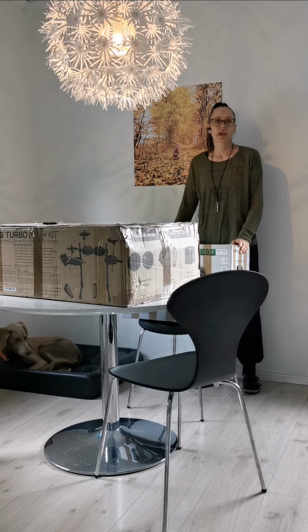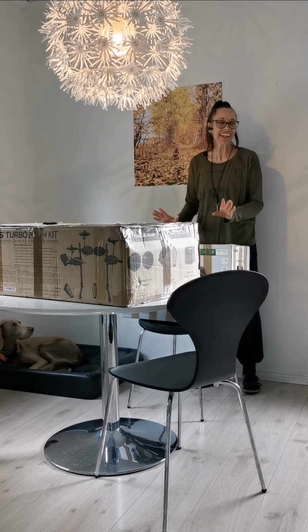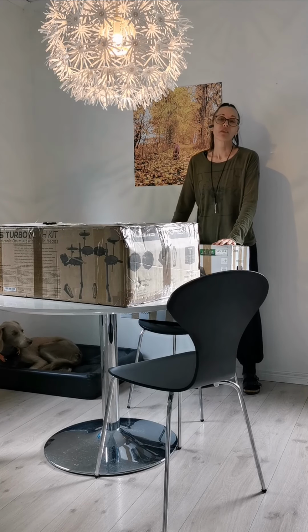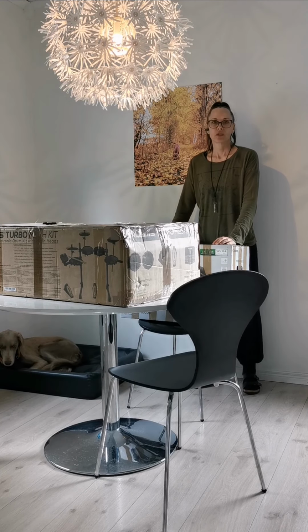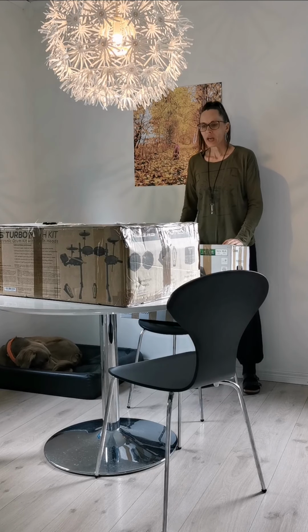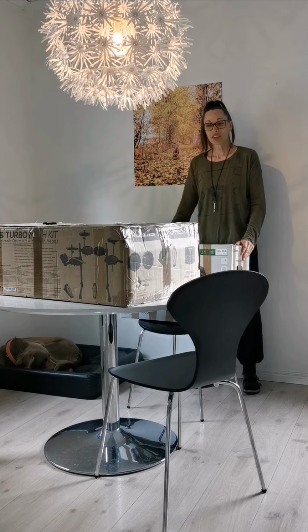As you know, I am at a new tea lesson place, and I'm far from done, but I thought that, well, I've got some requests from some of you that want to see some of the unpacking that I'm doing. But I thought it might be more interesting for you to see when I unpack these two boxes, because I